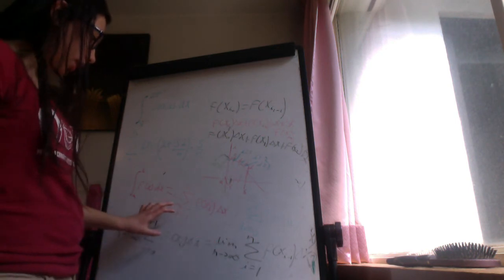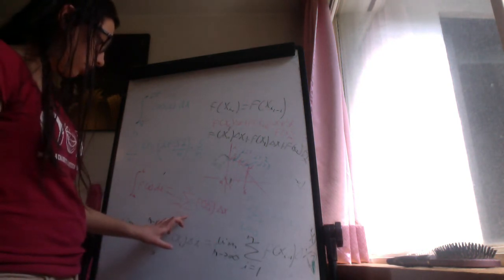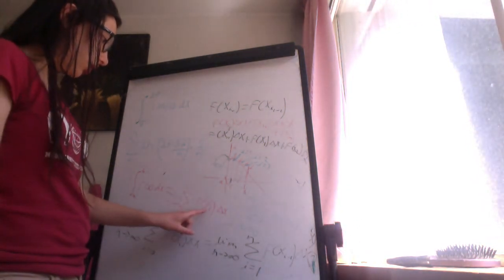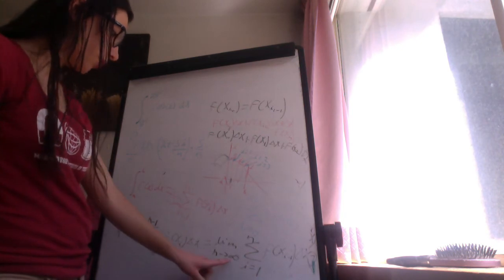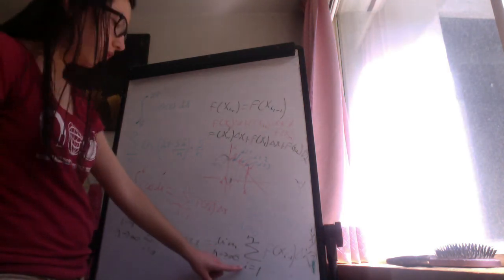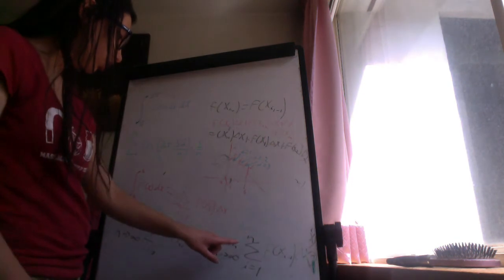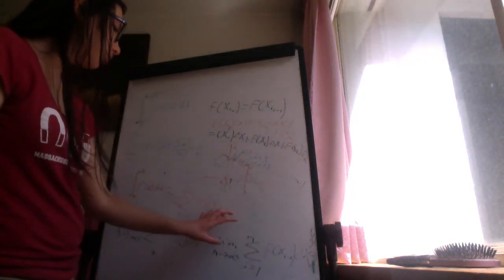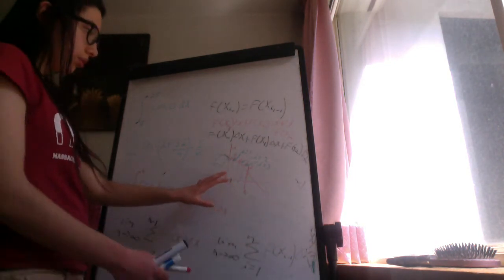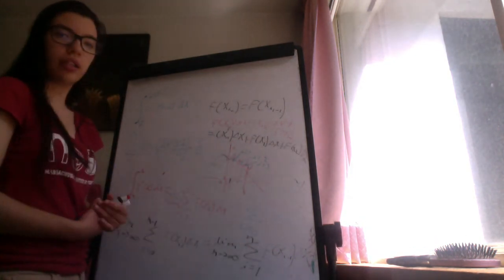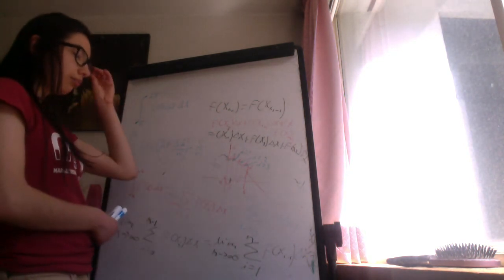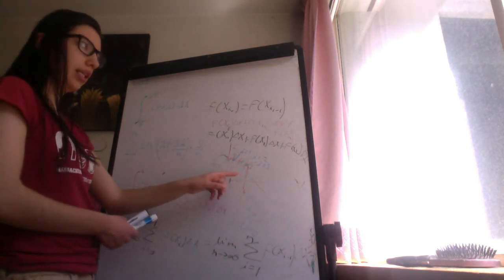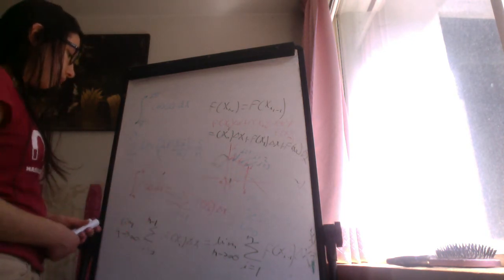We have the limit as n approaches infinity of the summation from i equals 1 to n of f of x sub i delta x, and this is the limit as n approaches infinity of the Riemann sum from i equals 1 to n of f of x sub i minus 1. So these two are different because the points that we are taking are different. Here there are different points where we are evaluating the height, or the f of x.